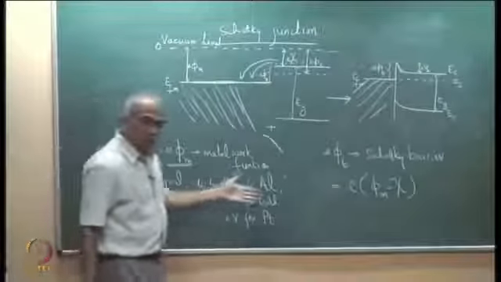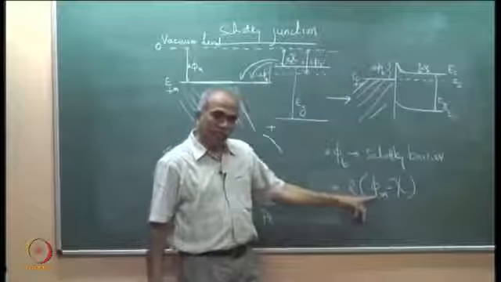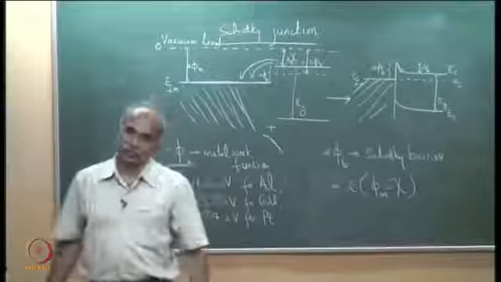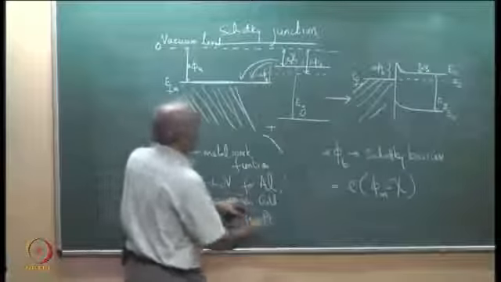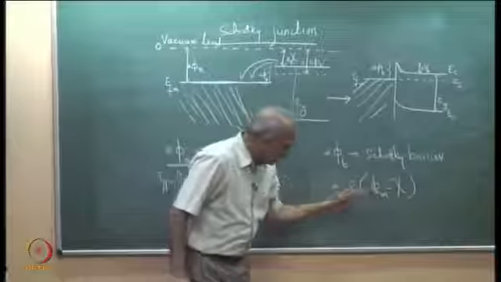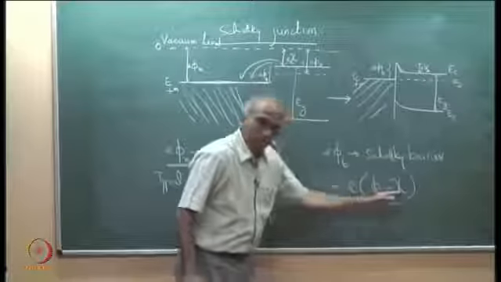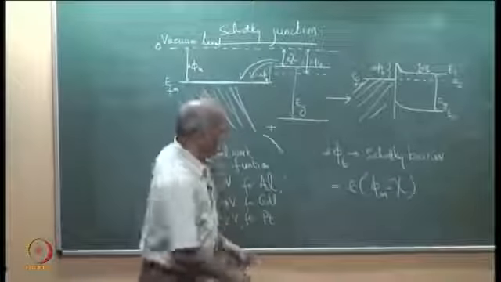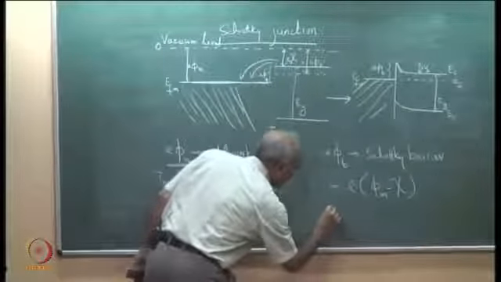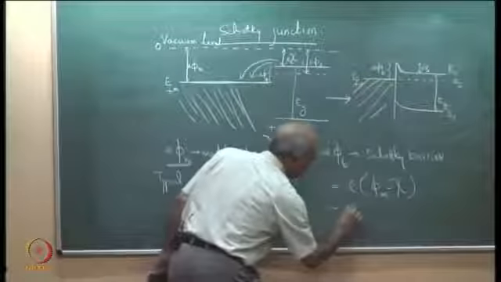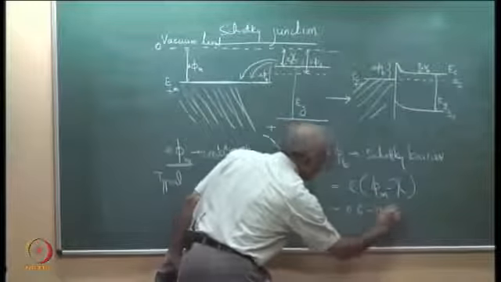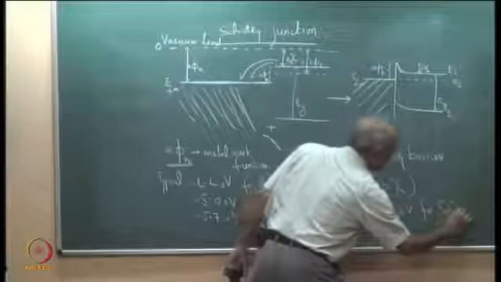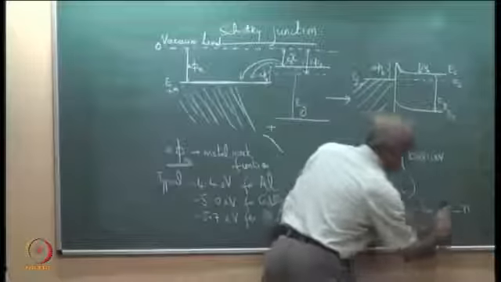Generally, because phi m is larger than chi, this Schottky barrier is a positive quantity. Although theoretically it looks like this much, in general there are other considerations which come into play, and the Schottky barrier is generally of the order of 0.6 to 0.8 electron volt for N silicon and metals,